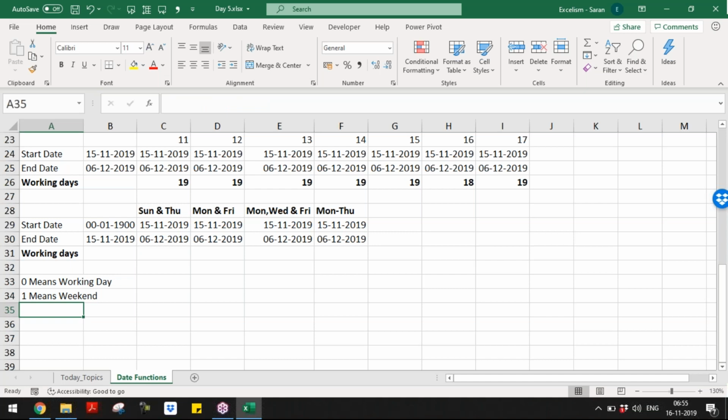That means, what is the meaning of 0000000? It means all are working days.